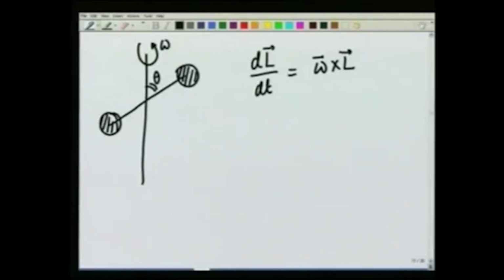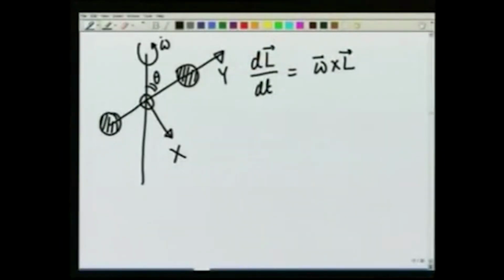In addition, omega had constant components along the principal axis of the body, which I took to be x in this direction, y in this direction, and z therefore coming out. Let me now see what happens if I also change this omega with time. In that case, recall that the component along the x direction is I1 omega 1. So if I change the omega, the angular velocity, omega 1 is going to change, and therefore L1